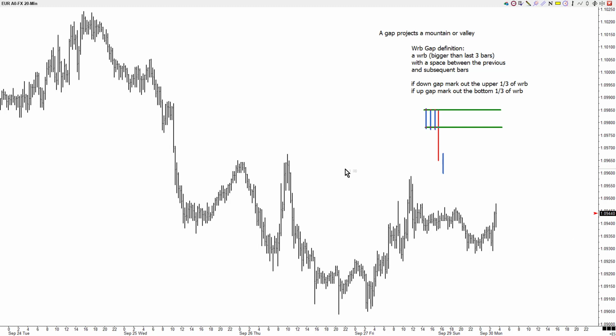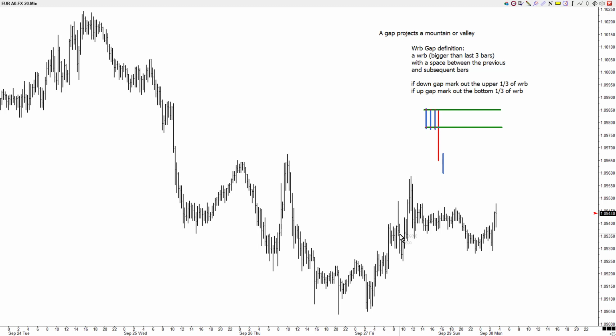So for instance, we marked out something in the pound over the weekend, so we'll go back and follow up the pound. The other thing I want to do is demonstrate a little bit about some of the things we do in our live sessions. And it's the same way we're operating here. We'll do a lesson, we'll talk about the lesson, we'll do gaps, we'll map a market with gaps, and we will follow what we do during the week. So what I'm going to show you is what we did on Monday with this euro, and then how it turned out, and what we learned from it,